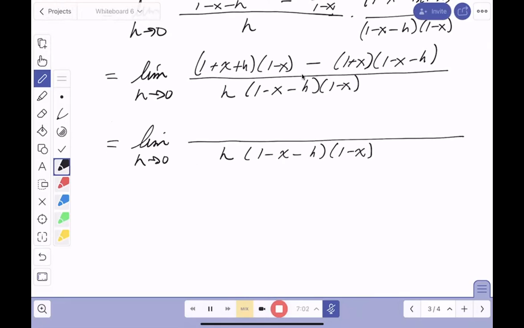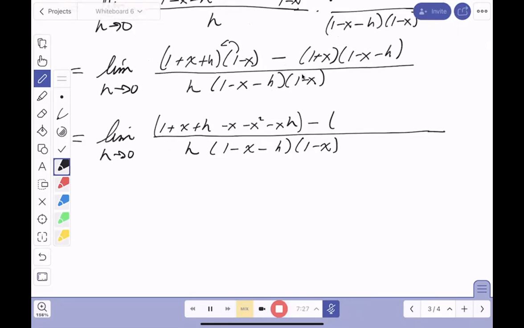But I got to do this now. It's going to be a lot of work for me. So I'm going to take this 1 and distribute those to terms there. What do you get? 1 plus x plus h. And then I'm going to distribute the minus x across those terms. What do you get? Minus x squared minus xh. Yeah, it's going to be tough. Let's do this now. Minus,